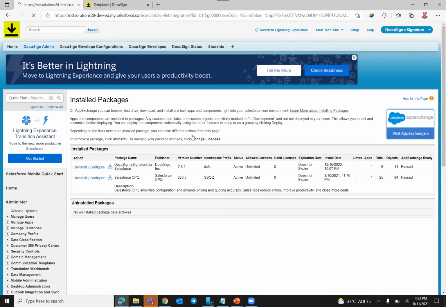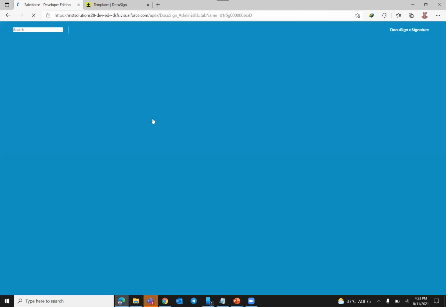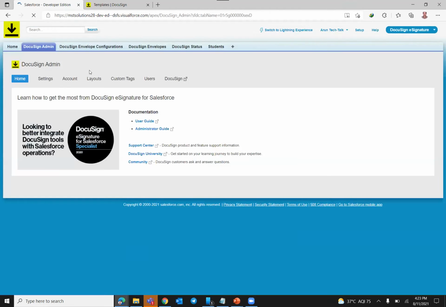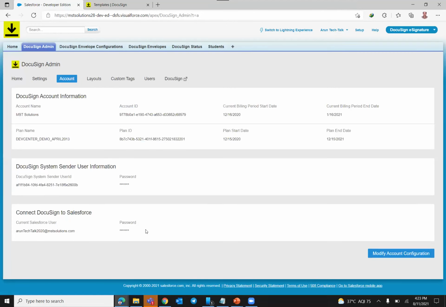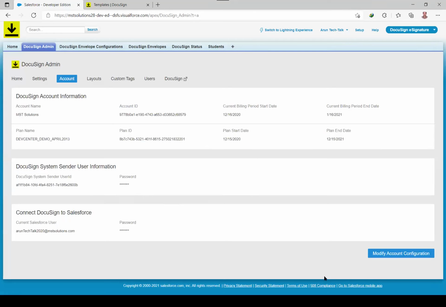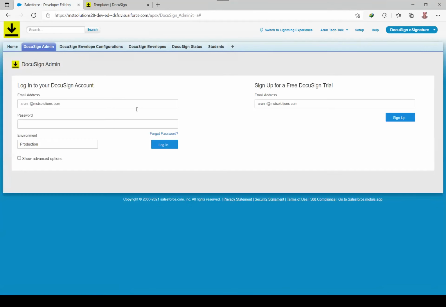Once the package is installed, first we need to provide the DocuSign sandbox credentials in our Salesforce. Just go to the DocuSign admin and then account. Actually, I have already connected my DocuSign sandbox. I'll show you how to do that. There will be an option called log into your DocuSign account.